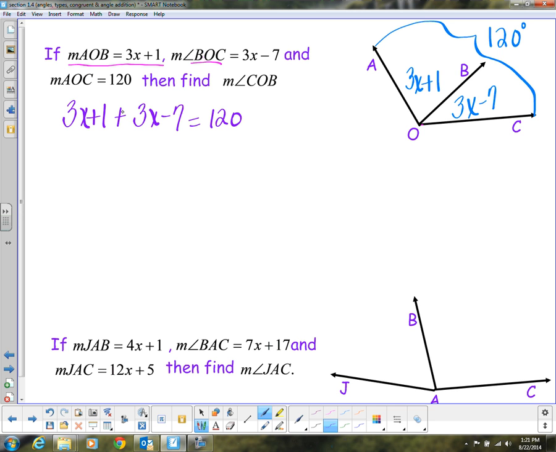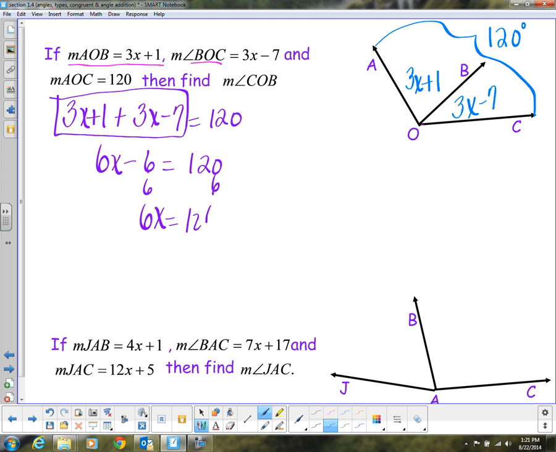So we add the 3x's. Remember, you've got to simplify this side before you do anything else. 6x minus 6 equals 120. So you're going to add 6 to both sides. So we have 6x is equal to 126. We're going to divide both sides by 6, so x is equal to 21. Now, I didn't ask for x, I asked for the measure of COB. So in order to find the measure of angle COB, well, angle COB is